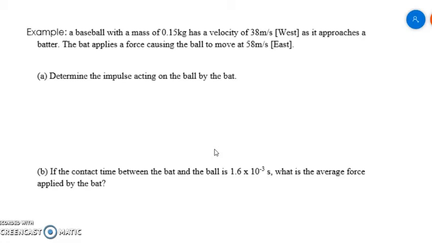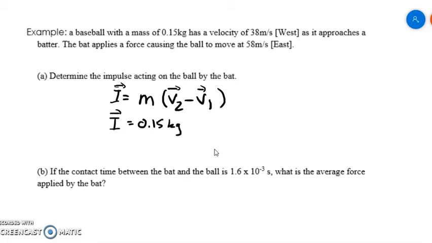Okay, it doesn't tell us anything about the force and time required to do that, so we're going to have to use the impulse momentum theorem, that I equals mass times v2 minus v1. Okay, I used the common mass formula because the mass of this baseball isn't going to change. So this is totally valid for this situation. So I, because we're looking for the impulse, is equal to 0.15 kilograms times v2, which is 58 meters per second,